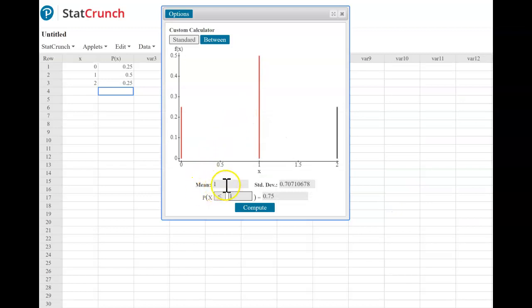The mean is 1, the standard deviation is 0.7, and we can see the shape of the distribution as well. The probability of getting 0 tails when 2 coins are tossed is 0.25, the probability of getting 1 tail is 0.5, and the probability of getting 2 tails is 0.25. We will review later what this part means when we learn about the binomial distribution in the next video.